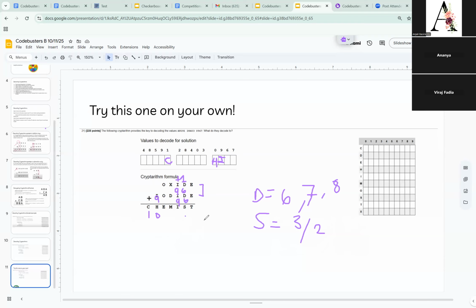Okay, so now we know that D could be 6, right? So we shouldn't fill that in yet, but let's just keep that in mind. Okay, so if D was 6 over here, then 6 plus blank would have to be a carryover, could be a carryover of 1. It doesn't have to be a carryover 1. Actually, never mind. It has to be a carryover of 1 because, yeah,